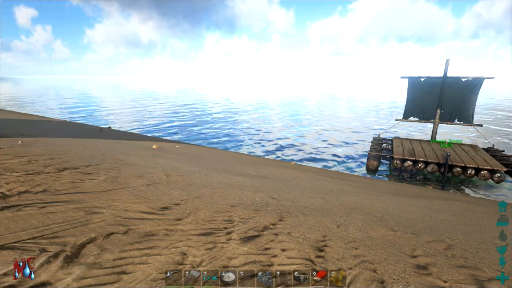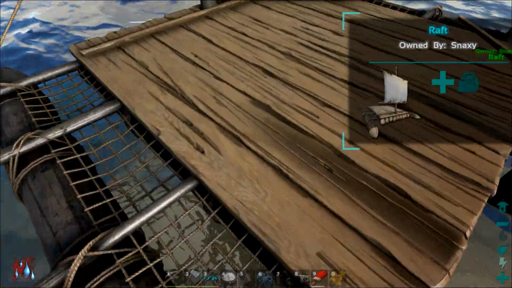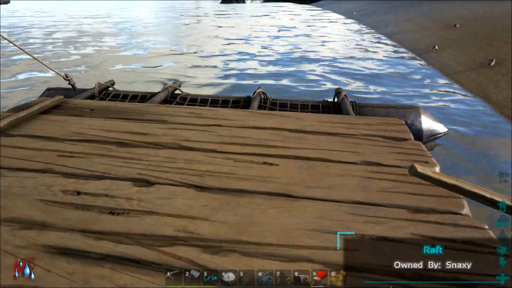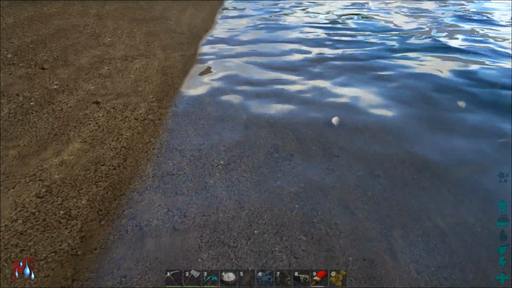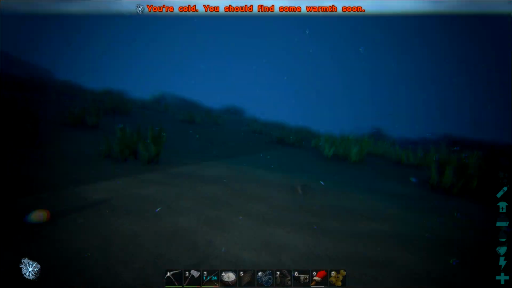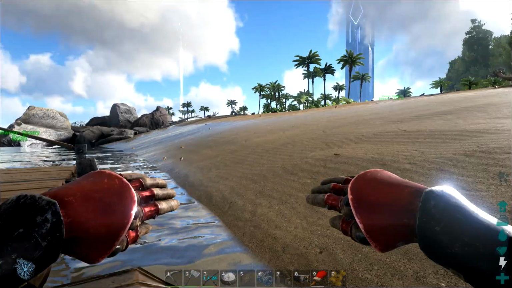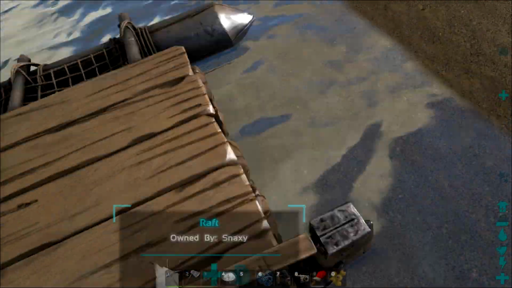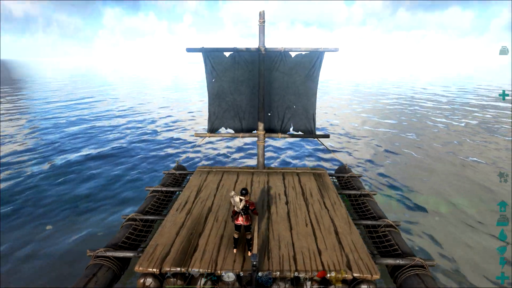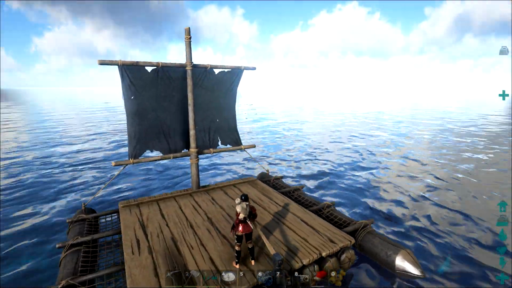So the next thing I wanted to show you guys is this raft. And the cool thing about this raft is that when you're on it... Am I thirsty? Yeah, let's get in the water and get something to drink. But the nice part about the raft is that when you're on the raft, you pretty much can't get attacked by dinosaurs, right? So at first in patch 207, before they really fine-tuned it,